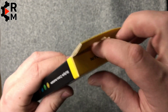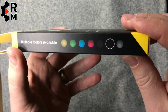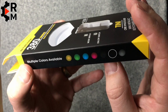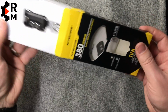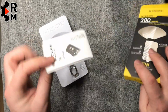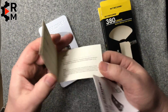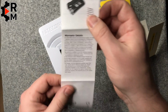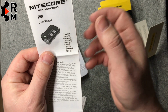What's in the box here? We have different colors you can get. I can see it here: yellow, green, blue, red, black. I have the black one here, but it doesn't matter. I don't care what color it has, it should work properly. Warranty card, and here's the manual in English, Spanish, German, French,